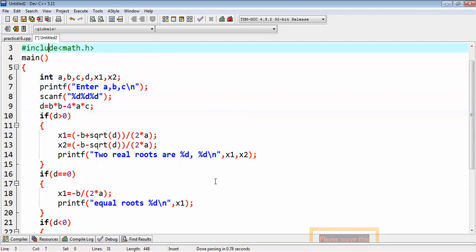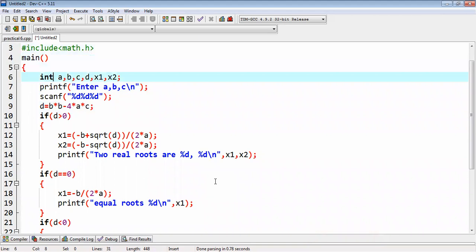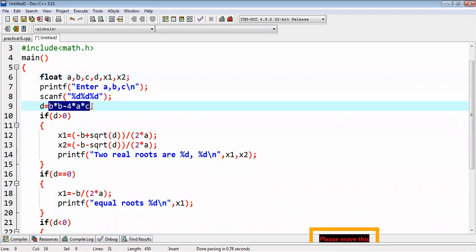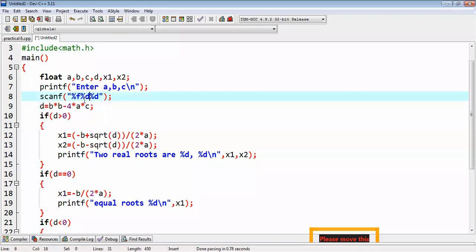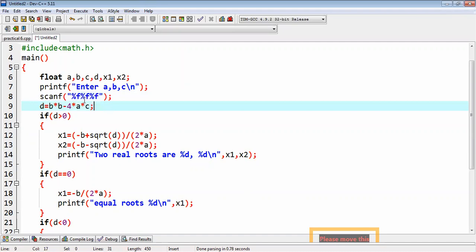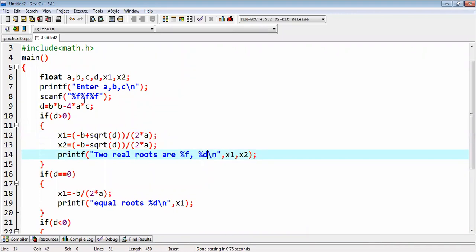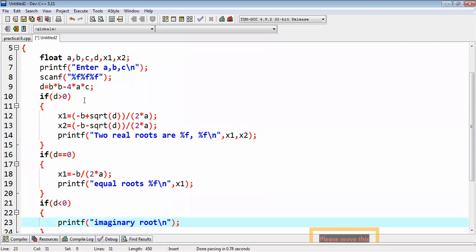If you want that it should store the float value, it should store the decimal values, you have to declare it as float. Now I can take entire thing as float, because if you have these values, यहाँ पर temporary division multiplication होगा तो temporary values in variables में store होने के लिए truncate होने का problem है, तो I can use the variables as data types as float for all, and instead of D, if I use F, it will work perfectly. Okay, and at the time of calculation also I can use F here, F, because after division also you may get the value stored in this.